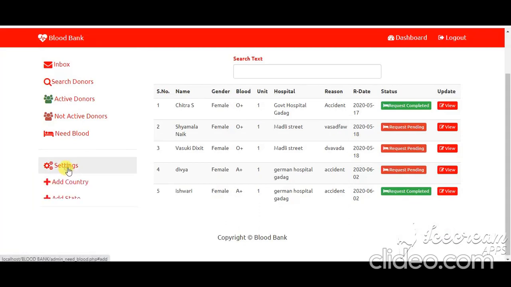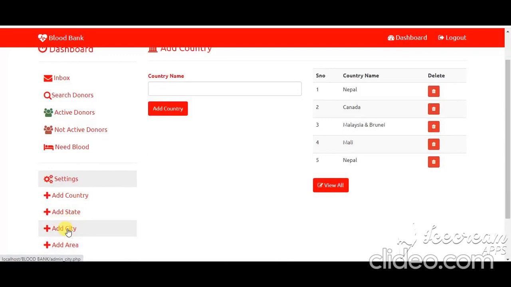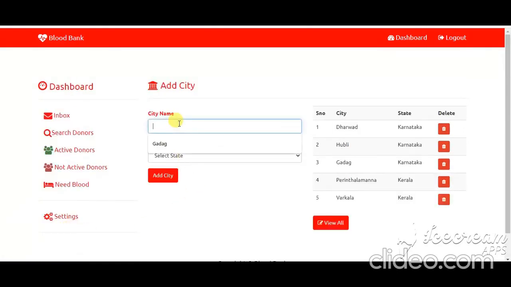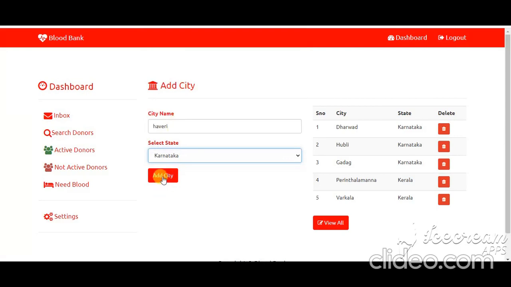Go to settings. Here you can add your country, state, city and area. Now we are trying to add the city. Once you search the city, it will be added successfully.